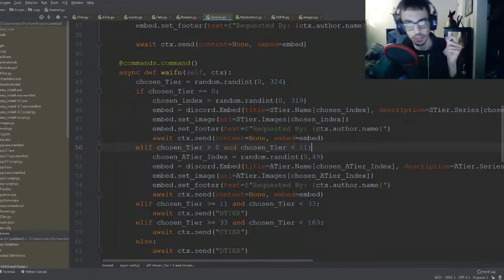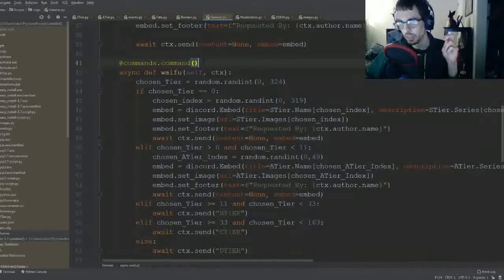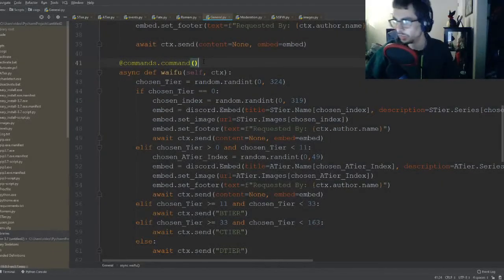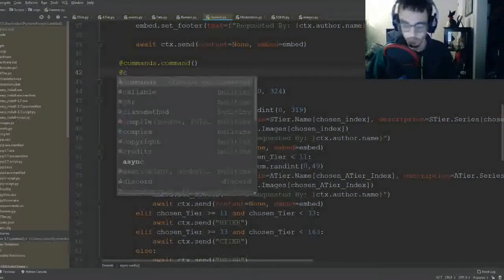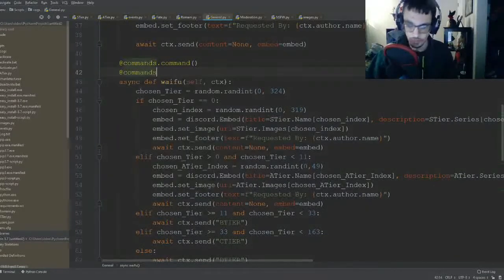All right. To do our little cooldown, I'm going to set this cooldown to be 10 uses per hour, and that's going to be very simple to do. What we're going to do is create a new decorator. It's going to be at commands dot cooldown,